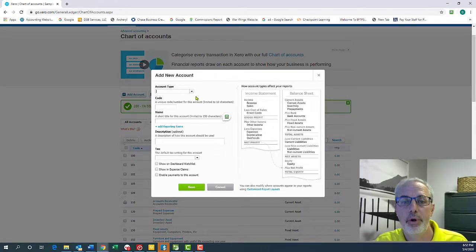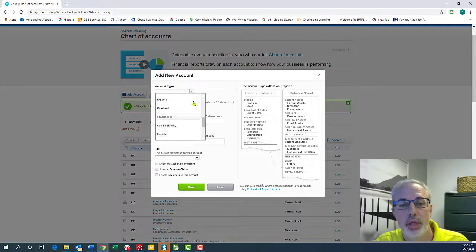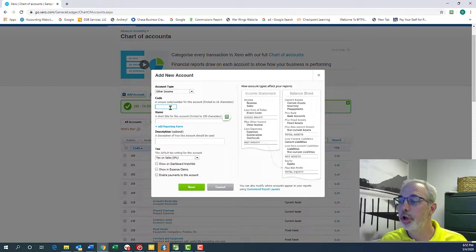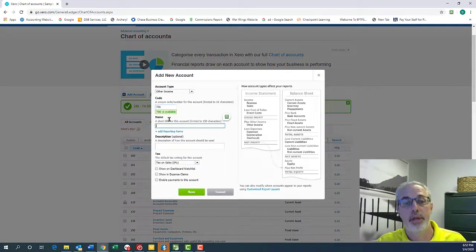So in the case of that one, we're going to use an account for other income, and the code that we're going to use in our chart of accounts is 706. Generally, that number is going to be all the way down below the income in an area where you have things such as tax discounts, other income, gain or loss from sale of assets. So in your chart of account numbering system, that's where we would want to be, but it's going to be in other income. And for that one, I'm going to call it the 7B grant